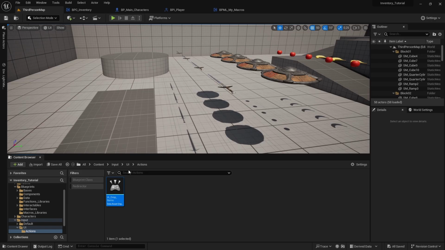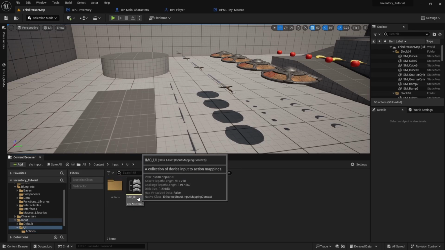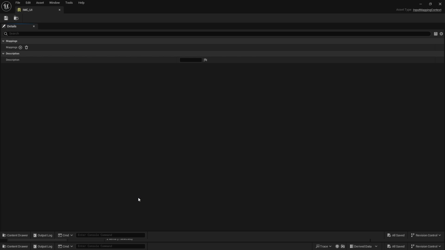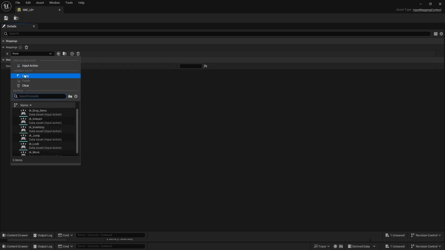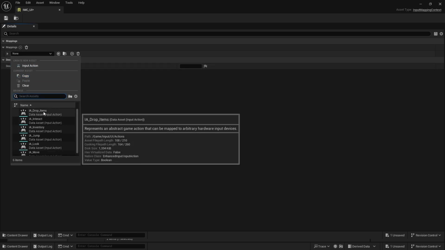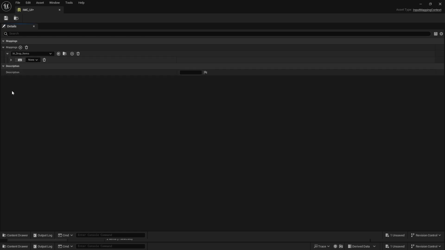So now let's go back to the UI folder and let's open the IMC UI, so the input mapping context, because we need to add this action as a mapping here. So just click on this plus in the mappings here, like this. And for the action, let's select the IA drop items, this one. And for the key, I will use the Q key on the keyboard. So just click on the keyboard here and press Q, or any other key that you want,